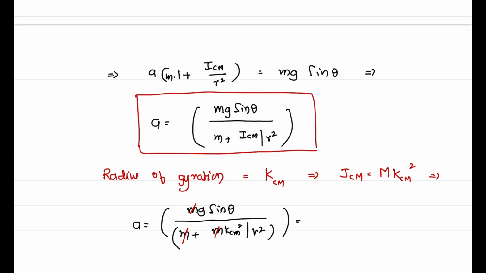Then it becomes A is equal to g sin theta by 1 plus kcm square by r square. Ultimately, the equation of motion, which can be written as EOM, will be for this particular setup like this,